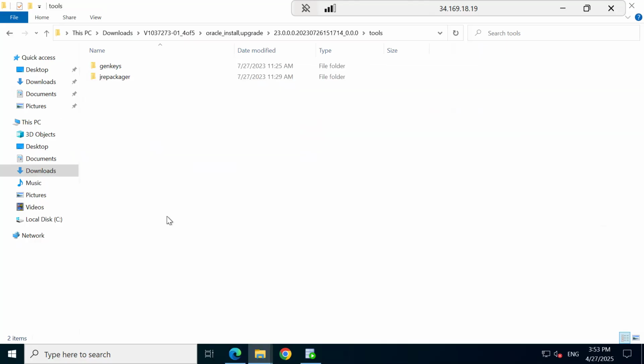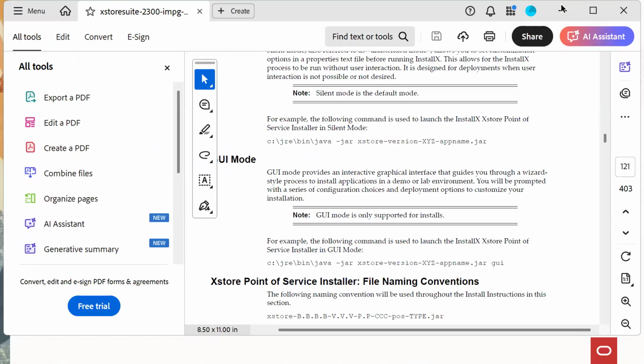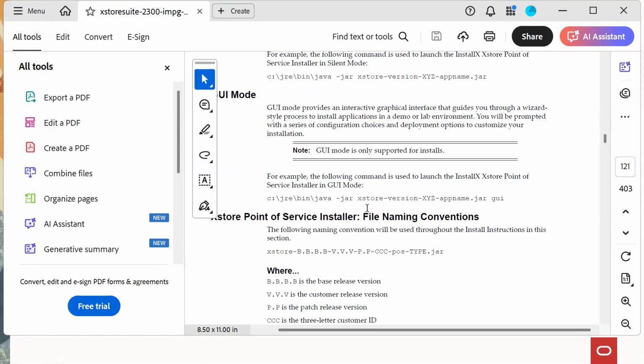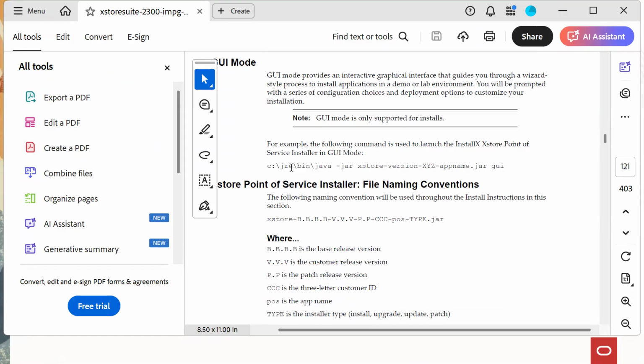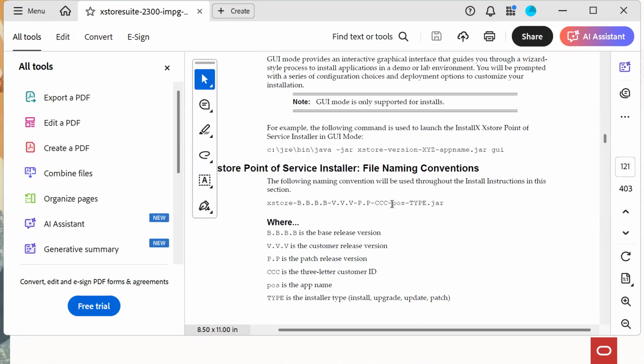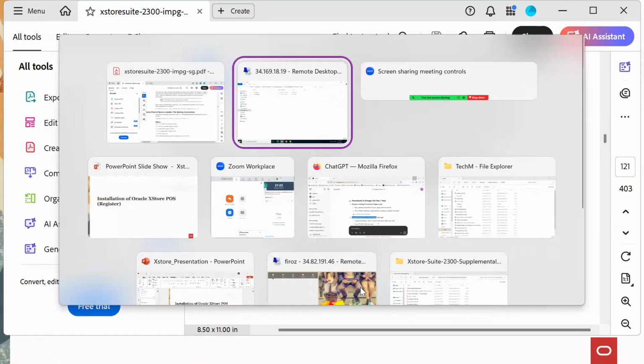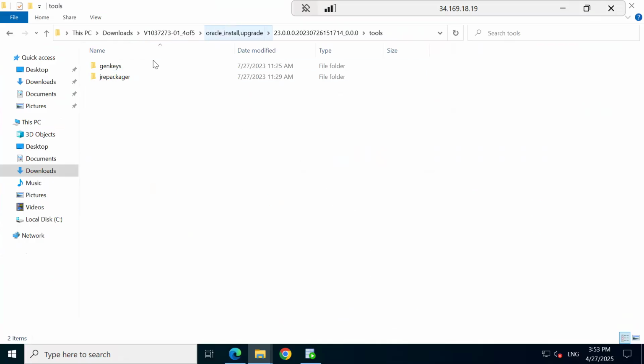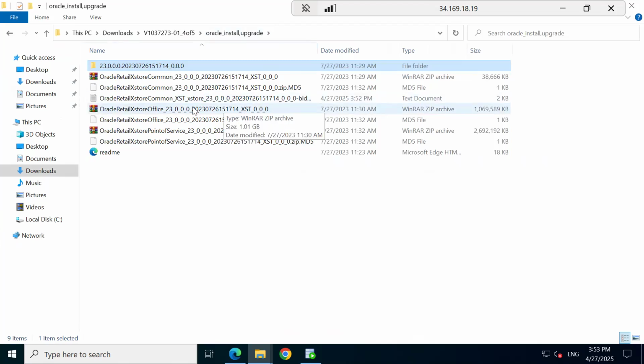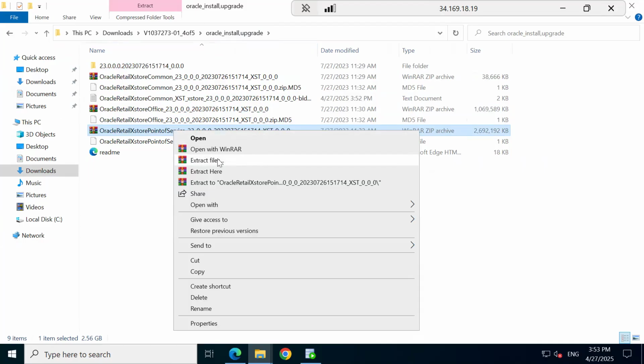So now we are good to follow the documents. So we will be going and following the document. Look, everything, the jar file we were talking about, this jar file is there. We can see the jar file over here. Now suppose for the version, this is the point of service. So if you see the extract file,